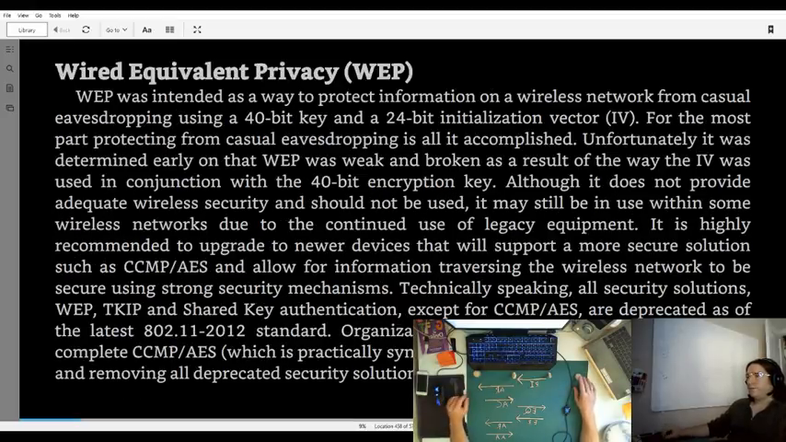Wired Equivalent Privacy, WEP. WEP was intended as a way to protect information on a wireless network from casual eavesdropping, using a 40-bit key and a 24-bit initialization vector. For the most part, protecting from casual eavesdropping